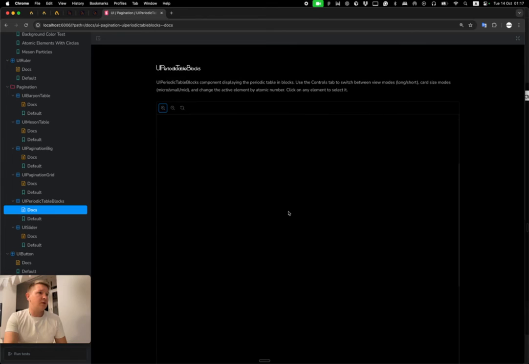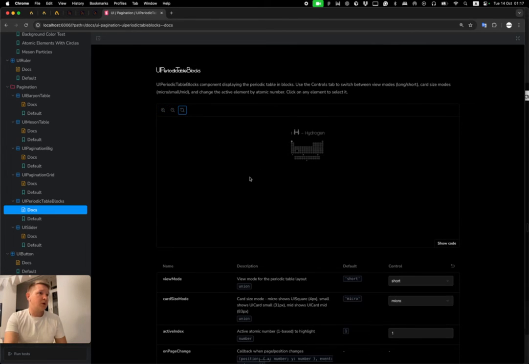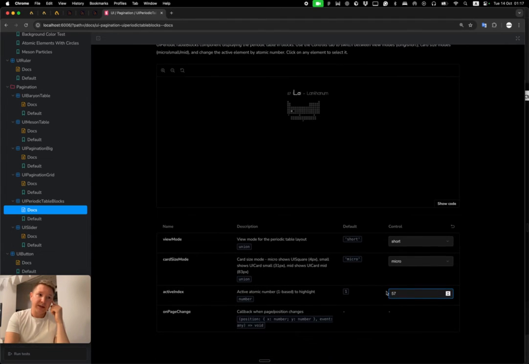So hydrogen is first and the active index is first, and then I'm moving further and further. Yeah, there are mistakes. And today we're gonna look into one example of how we're gonna fix this, active index 57, but it will come soon.